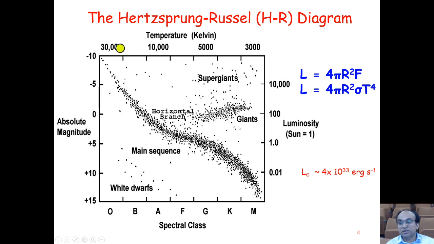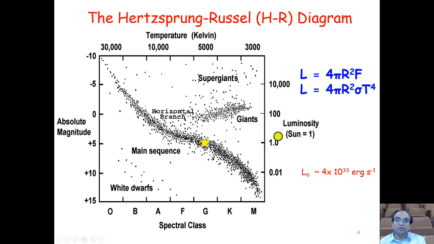Spectral type O has a temperature of more than 30,000 degrees Kelvin, then B, A, F, G, K, and M. This is a classification based on the spectral type of stars. I will not be discussing absolute magnitude here, just concentrating on the temperature as well as the luminosity. If I put the Sun in this diagram, you will see that this is 1 solar luminosity